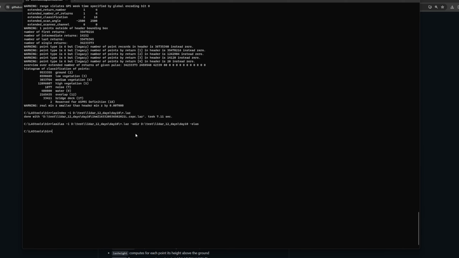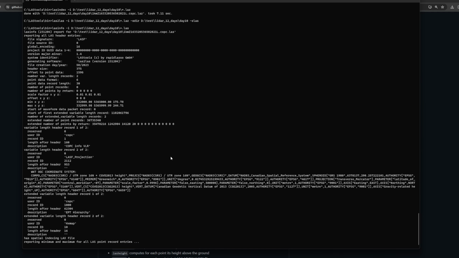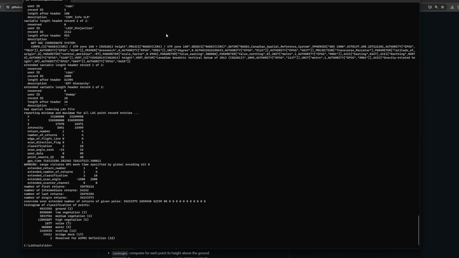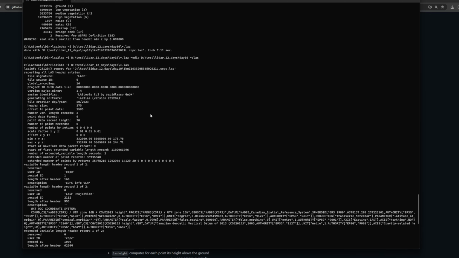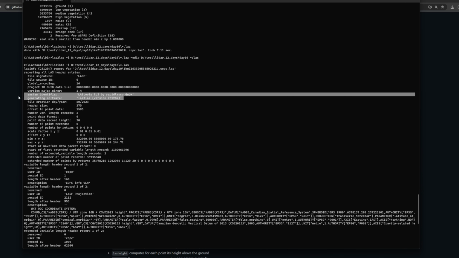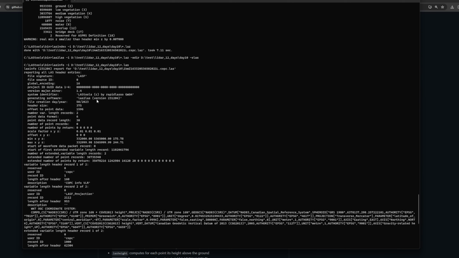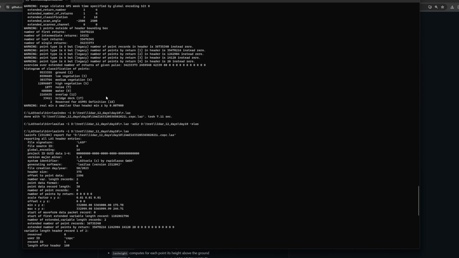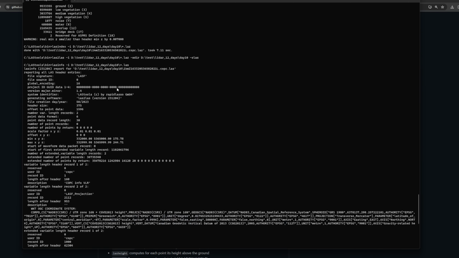And it's finished. So now what I'm going to do is I'm going to use the same LASinfo function we just used, but I'm going to change it to .las now. And there we go. And now we see that by using LAS2LAS, we now have that the last version of software to touch this file and modify it was LAStools. So we've moved from PDAL to that.